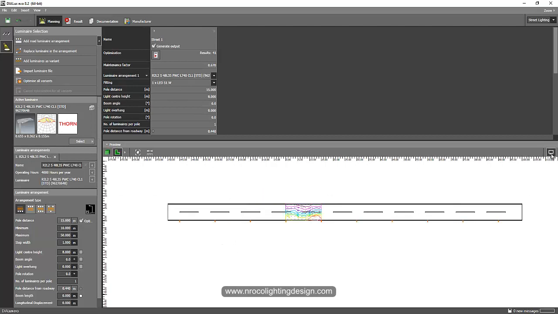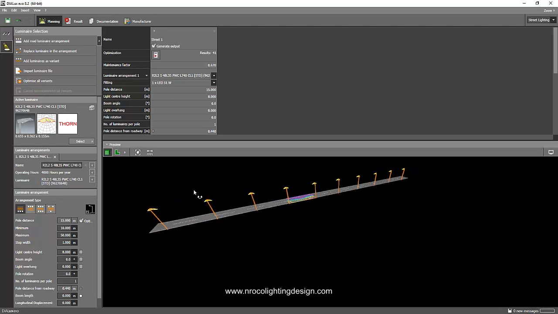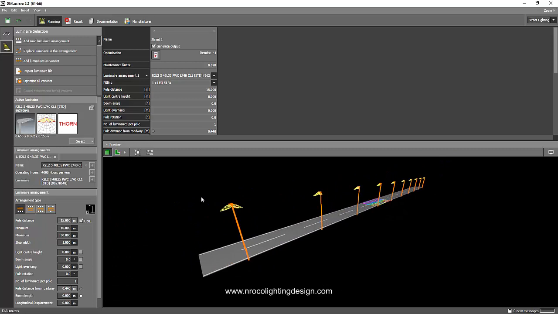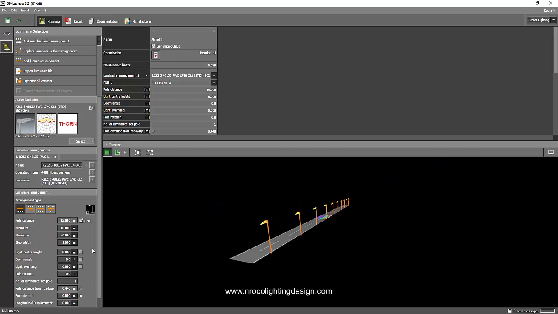So what I did is I just drag and drop, and you can see here now, if you measure it, it's like 150 meters. This is the default of the Dialux Evo. And if you want to put your street lights into 1 kilometer or 1,000 meters, all you need to do is just do it in your AutoCAD file, lay it out there, not here in Dialux Evo. Because in Dialux Evo, you can just mention the tilting, the spacing.